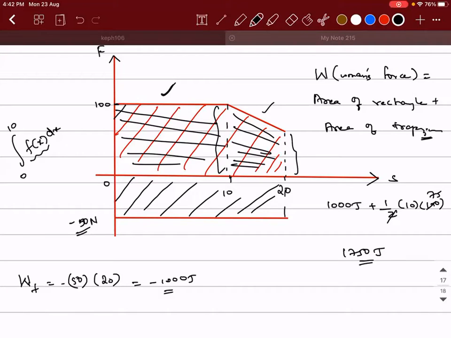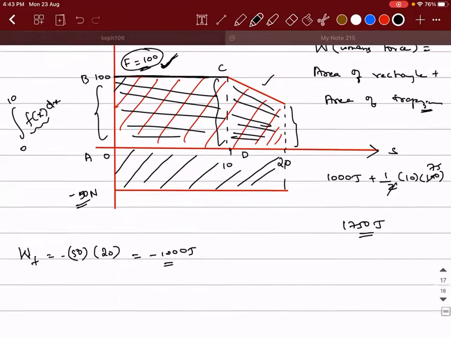Okay, I'll do it for this rectangle, A, B, C, D. What you need is the function. So the function is this line. What is the equation of this line? This line is parallel to whom? The X-axis. It is at a distance of how much? 100 units. So can I say f is equal to 100? Correct? So f is equal to 100 is the equation of this line. Simple.